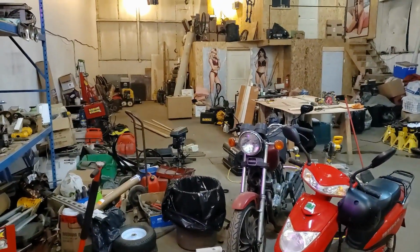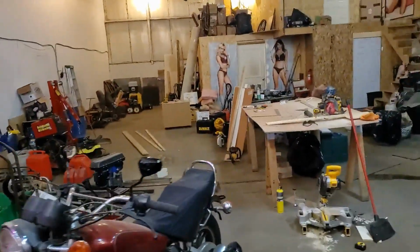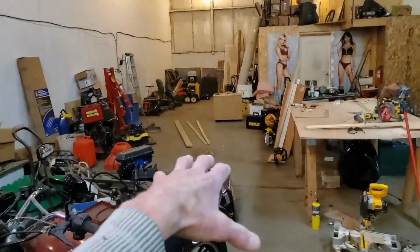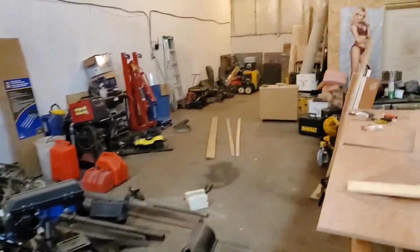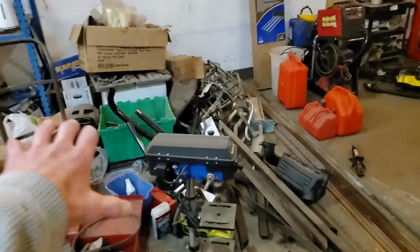What a mess. Alright, guys. Just been cleaning up because, as you guys probably know, I want to start building a boat here. So, got a little construction going on. Yeah. So, basically, all this is going to get cleaned up,